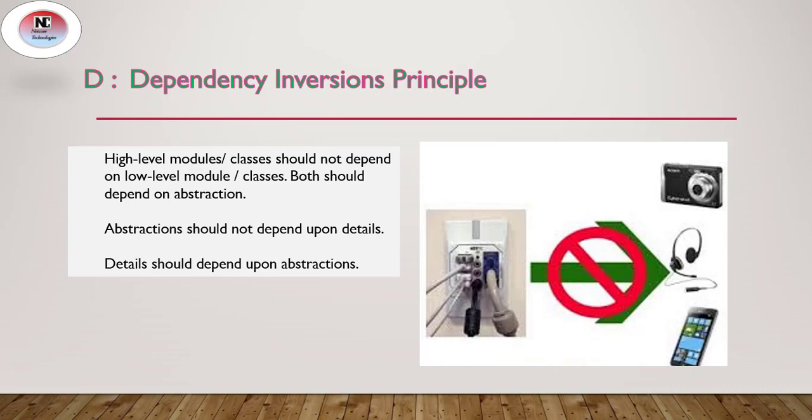High-level module classes implement business rules or logic in a system like an application. Low-level module classes deal with more detailed operations. In other words, they may deal with writing information to a database or passing messages to the operating system or services. A high-level module class that has a dependency on low-level module classes, and knows a lot about the other classes it interacts with, is said to be tightly coupled.